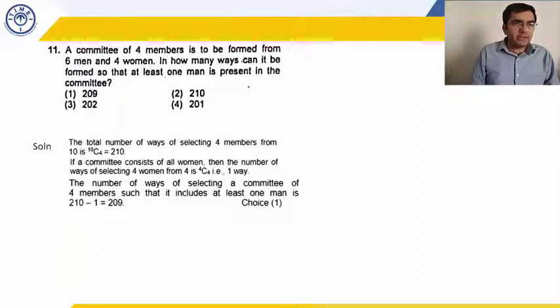And I'll repeat it one more time. Basically, I am saying that your committees would have either 0 men, or 1 man, or 2 men, or 3 men, or 4 men. So from the total number of committees, if I can subtract the number of committees with 0 men, that is all women, then I would get the number of committees with either 1 man or 2 men or 3 men or 4 men. So that is what I have done. It's a shorter way of doing this question. Total minus committees with all women, and that gives us the answer.